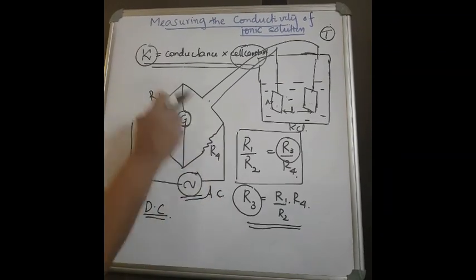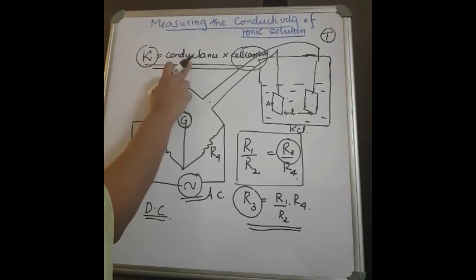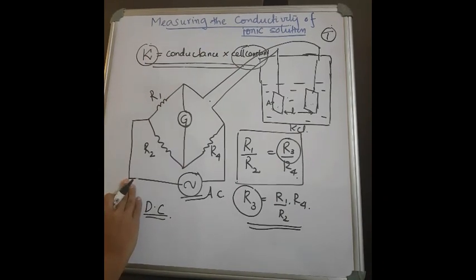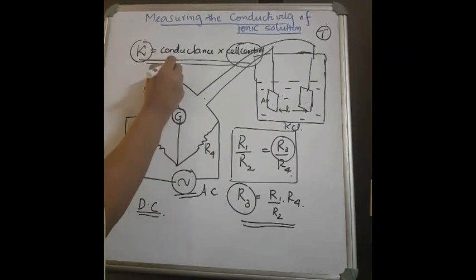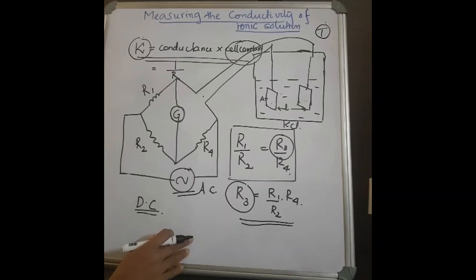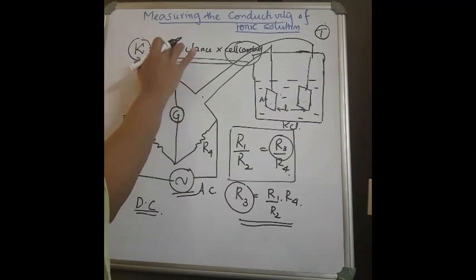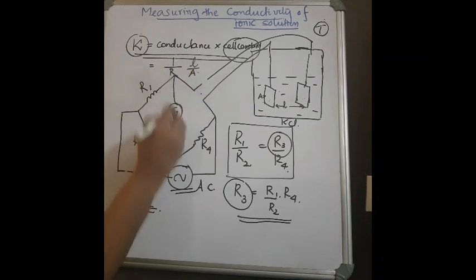So once you get the resistance of this conductivity cell, then it is very easy. How? You know resistance, what is conductivity? Conductivity is conductance into cell constant. Now conductance means what? If you get resistance, conductance is 1 by R. Isn't it? 1 by R, that is the reciprocal of the resistance, will give you the conductance. And what is cell constant? Cell constant is L by A.